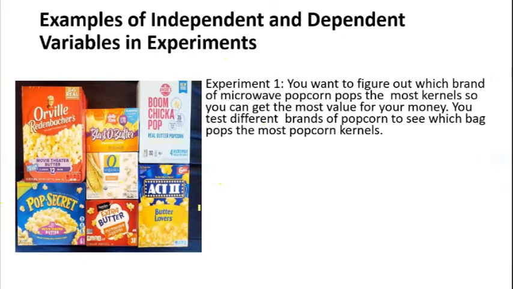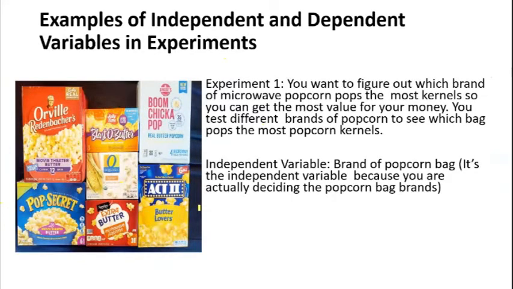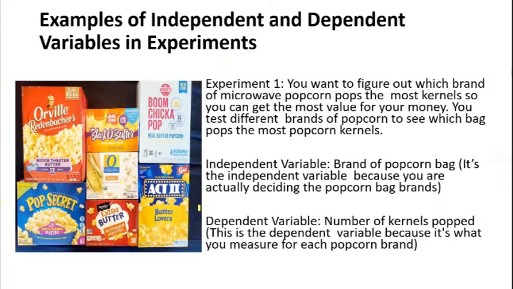So our independent variable here is the brand of popcorn bag that we are going to buy in our supermarket. And the observed effect or output that we want is to know which of these pops the most number of kernels. Okay, so to have the most value for our money. Second one,